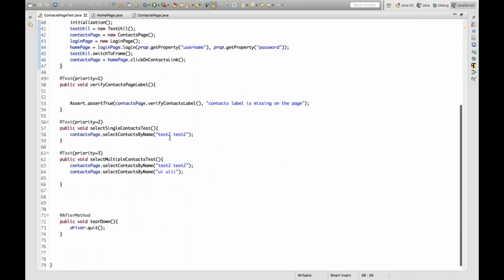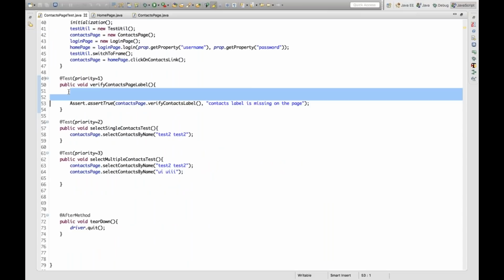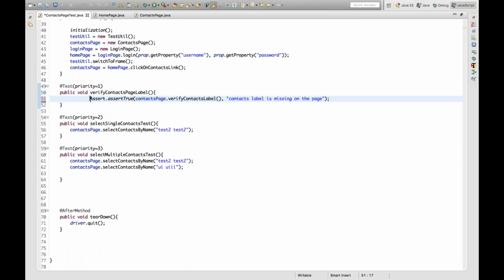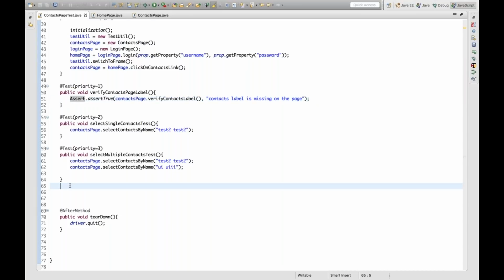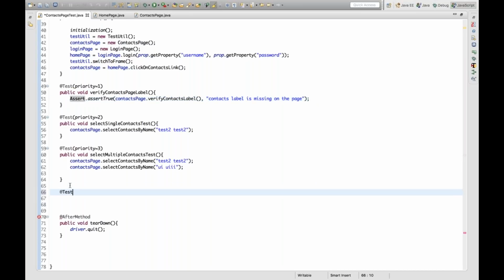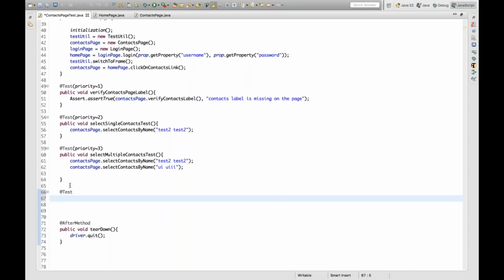So in contact page test, let's see, three test cases we have already written, remember, in the previous session, like checking the label and title, and selecting the checkboxes, those things. Now I'm going to create one more test case. Let's see, my test case is public void